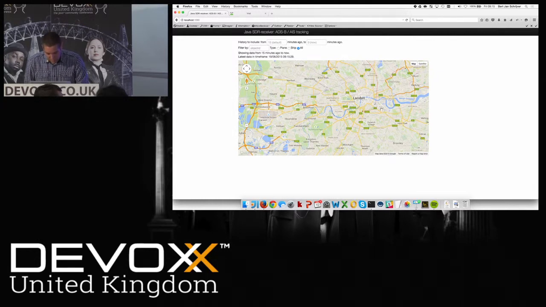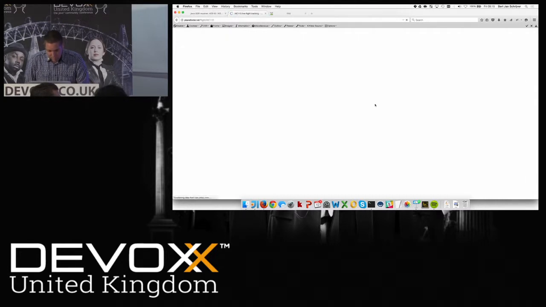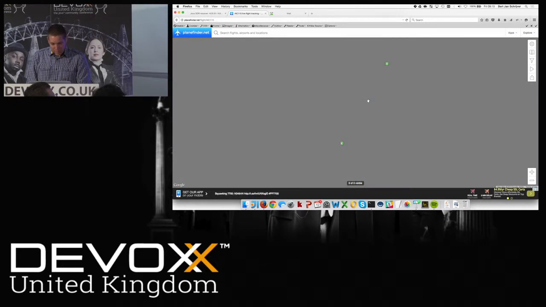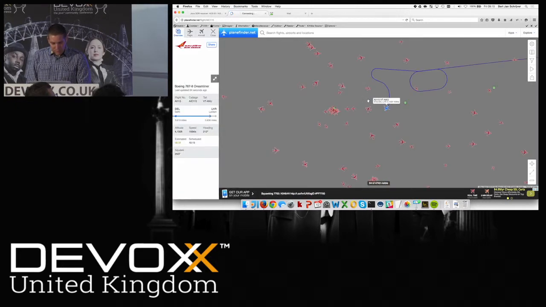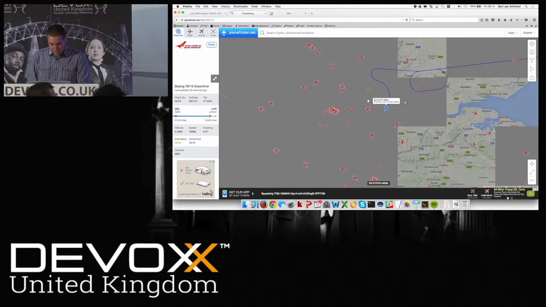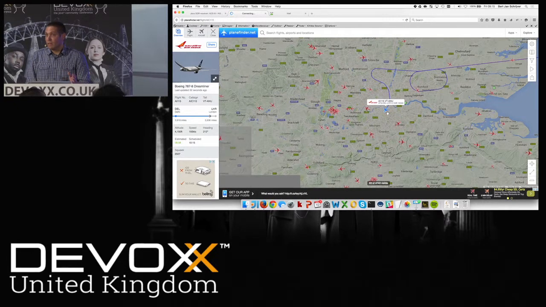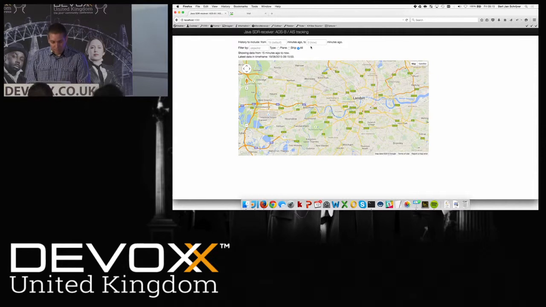This plane is actually moving right now, and to prove that I'm actually receiving this, I've incorporated a link to an online site. This is flight AIC 1115, which should be above London at the moment, which it is, and you can see the curve here, right? So this kind of proves that it's working. Pretty cool, right?